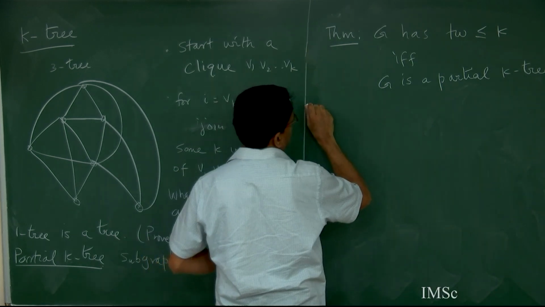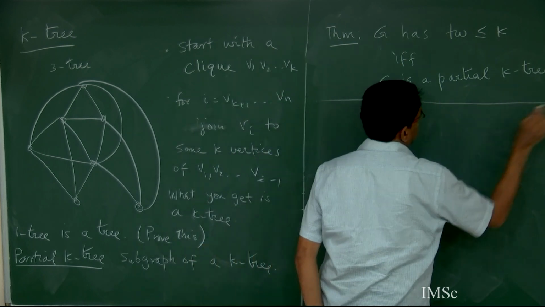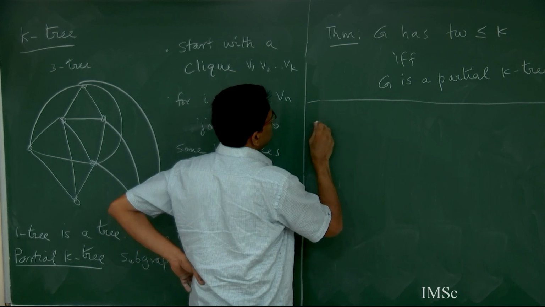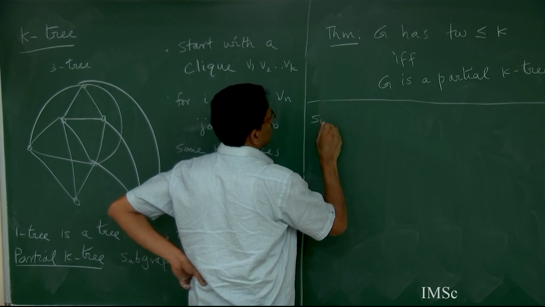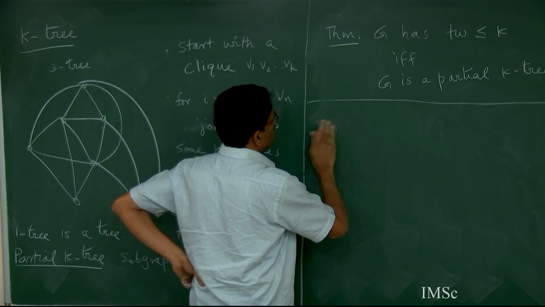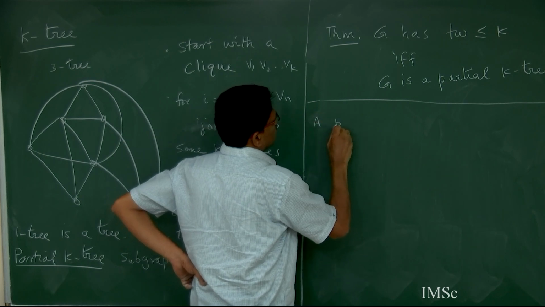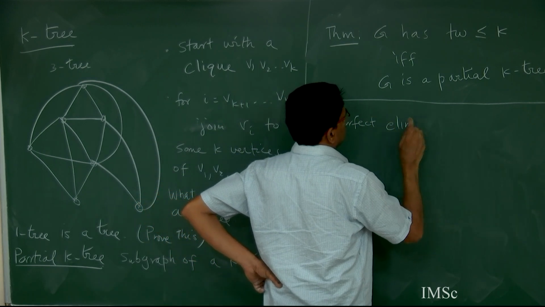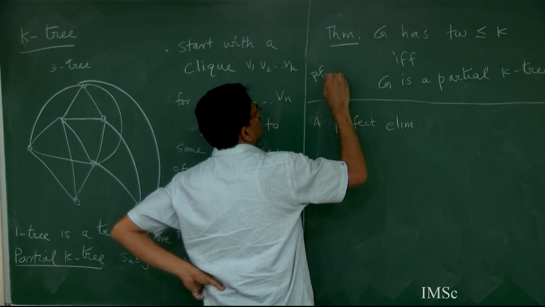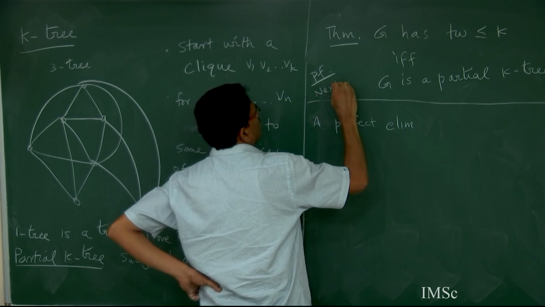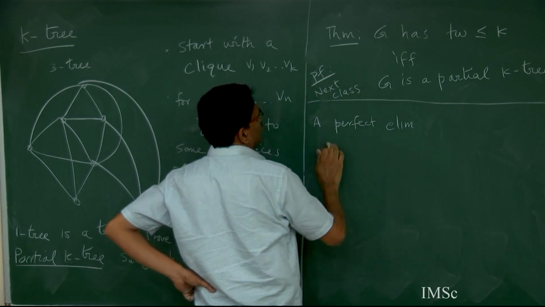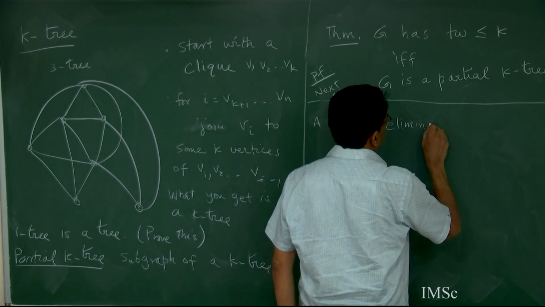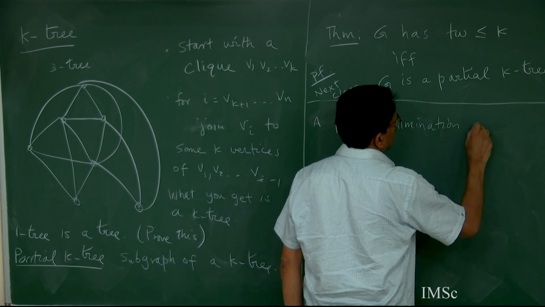So let me just change track and talk about the following: simplicial ordering of the vertices of a graph. Or okay, it's called a perfect elimination order. Okay, so I'll write this. Whatever I'm going to do, I will slowly build towards it. Perfect elimination